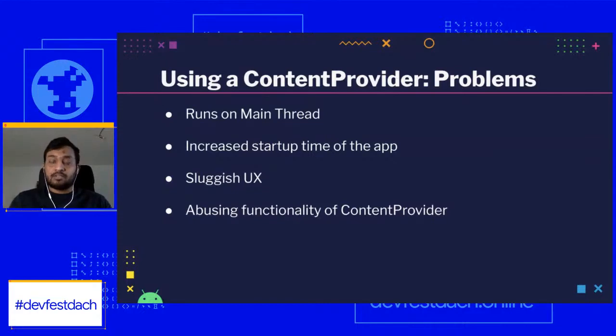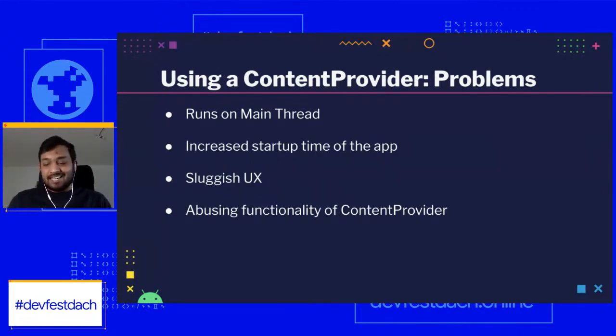we have sluggish UX. As an app developer, you will start seeing that your app startup is super slow. Your startup time has increased. Your animations are going slow. And also important to note is that because we said content providers run on the main thread, all of this is happening on the main thread for you, right? In the end, the general point is that we are basically abusing the functionality of content providers. Content providers in general allow you to do data access from multiple applications, but right now we are using them just to get access to context,